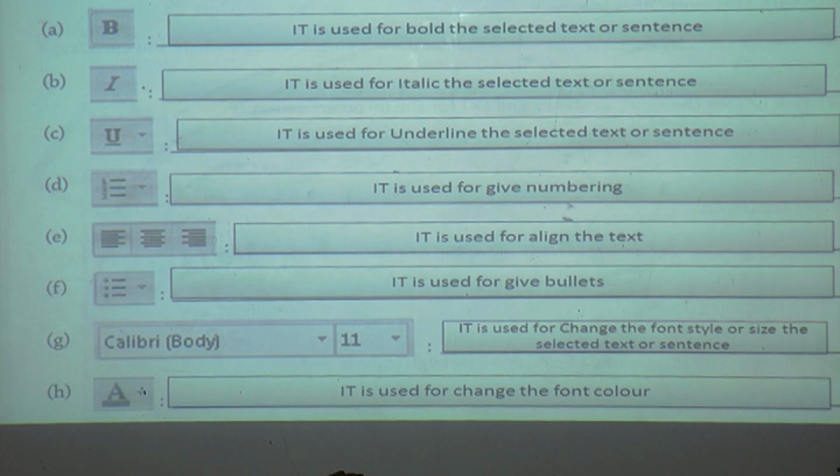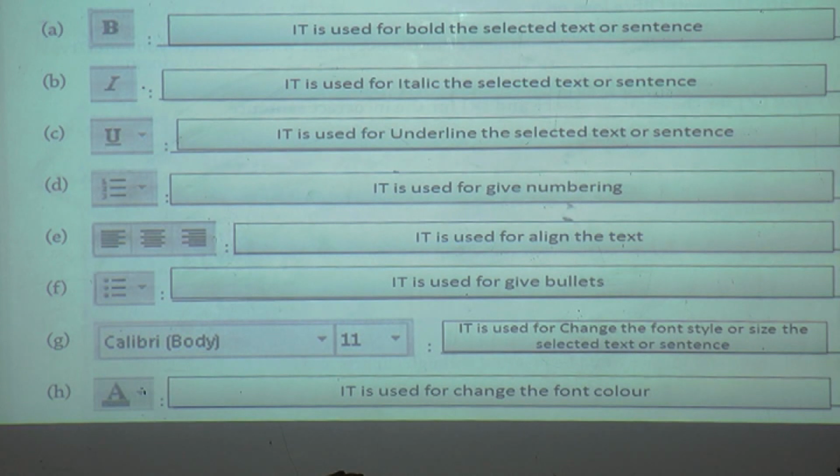First one, it is used for bold selected text or sentence. Next one is, it is used for italic the selected text or sentence. Third one, it is used for underline the selected text or sentence. Next one, it is used for give numbering.